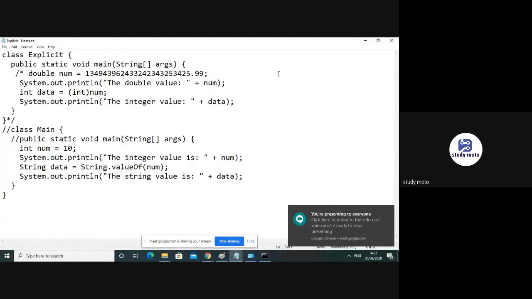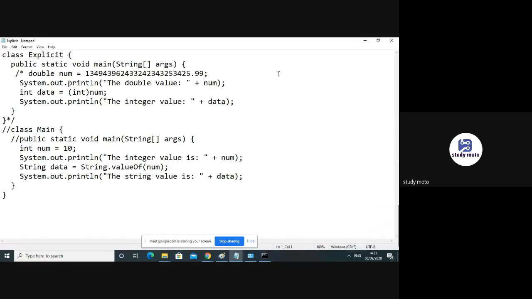So this is a simple program of explicit conversion. After that, I will also show the program of implicit. Okay, so you have taken one number and you are converting it into integer, right?